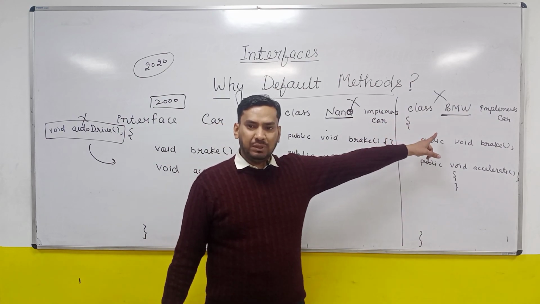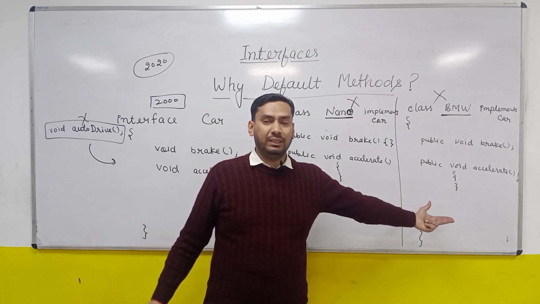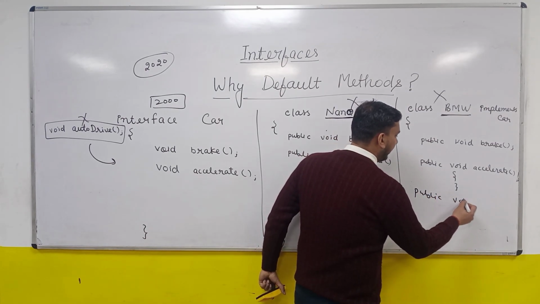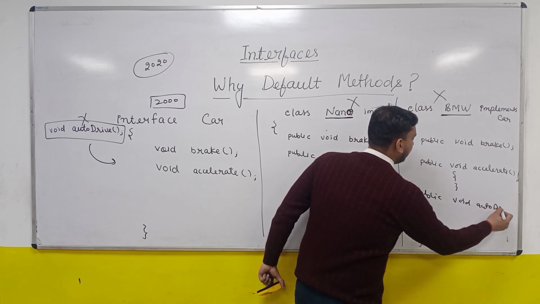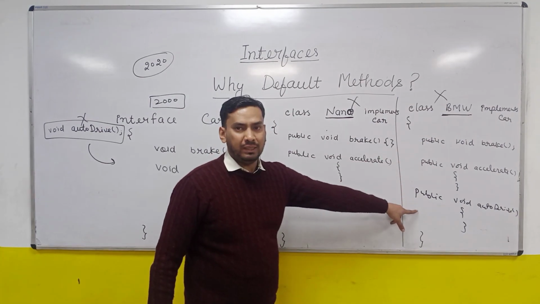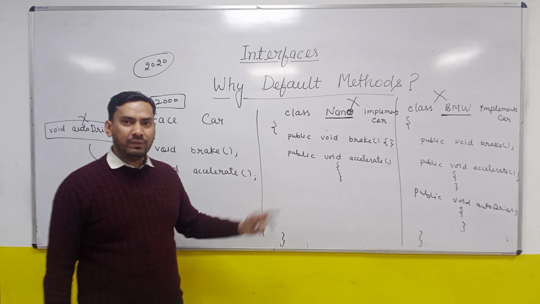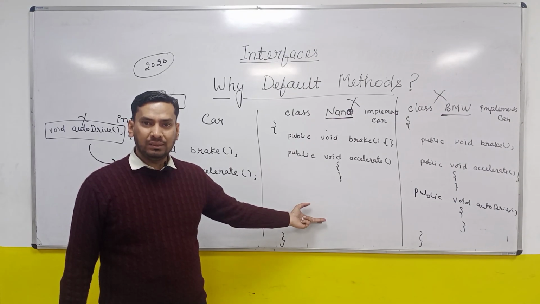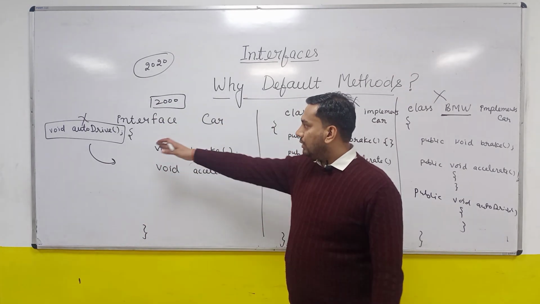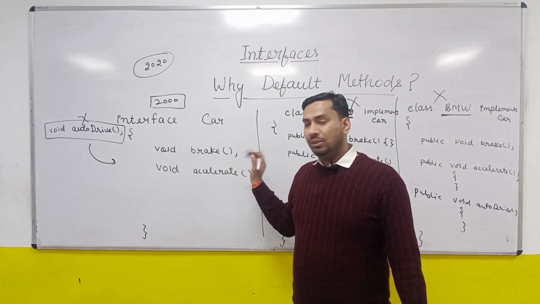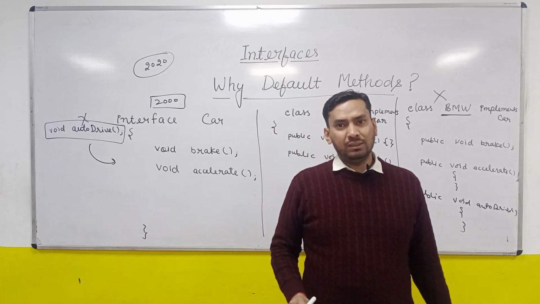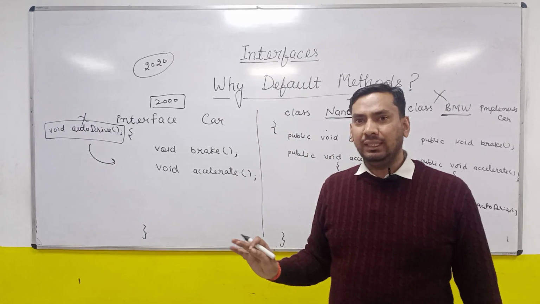Maybe BMW is interested. BMW will say, okay, this is a new feature, let us implement it. They will say, okay, I am implementing it here. So they will write public void auto drive, and continue in the normal routine. They are happy to implement. But what about Nano? Nano will say, okay, I don't want to implement this, but you are forcing me to implement it. This is not fair. Why is it not fair? Because when I inherited you, you said I only had to implement two methods. Now after 20 years you are saying I have to add one more method. This is not legal, right?